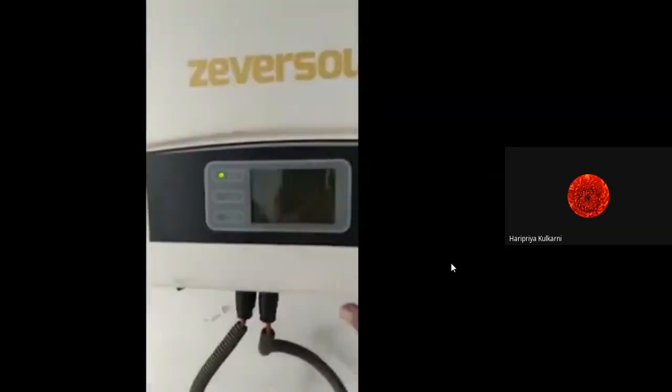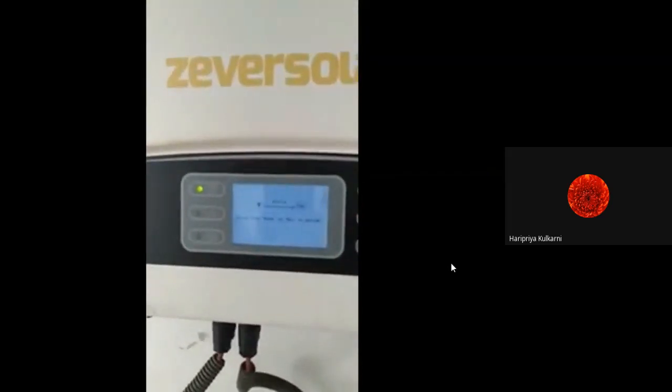So see, this is how we get the readings. Say 1448 watt. Energy today is 1.9 kilowatt hour, and total energy till today from the installation is 13566. You can see today's date, 22nd October, and today's time also you can see. So you can write down this reading in your report. Okay, so this is one of the systems. I hope you have understood it.